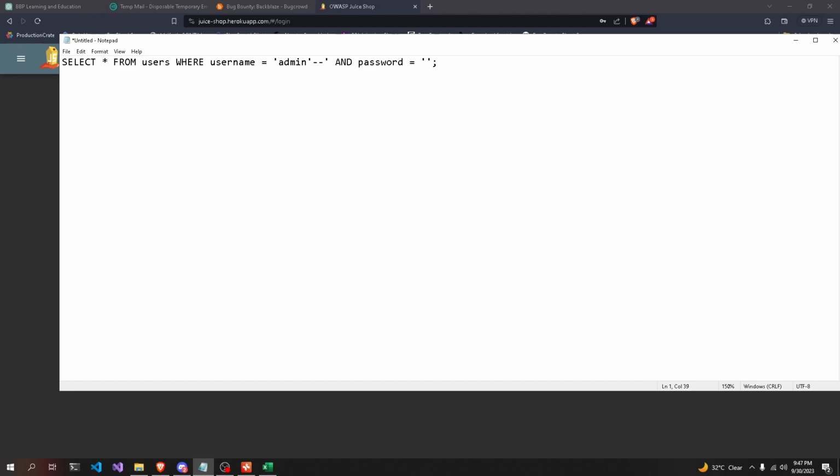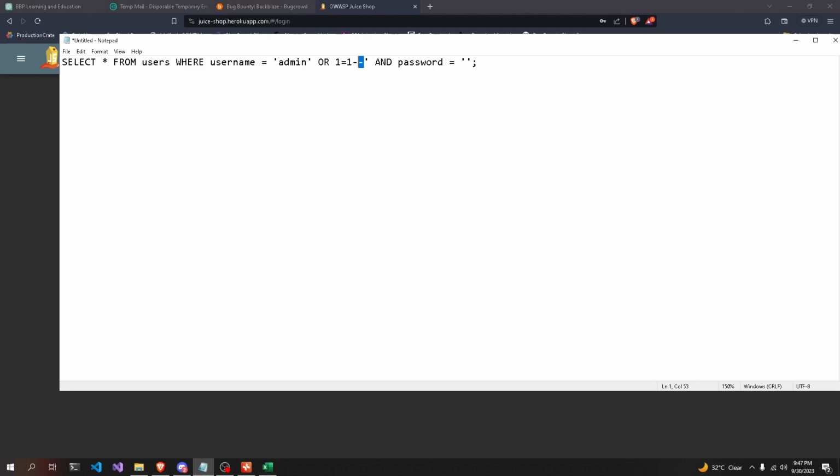We're not sure if there is an admin username in the database. So what we can do is use an OR statement. So where there is a username called admin, or 1 equals 1. So obviously 1 is always equal to 1, so it's always going to return true.